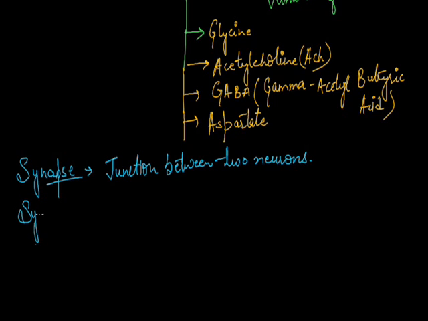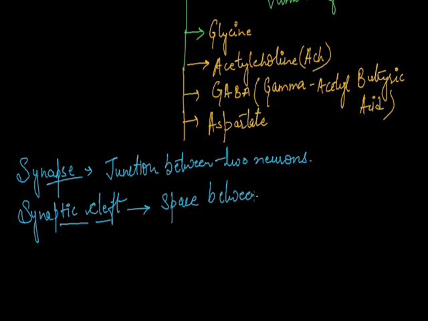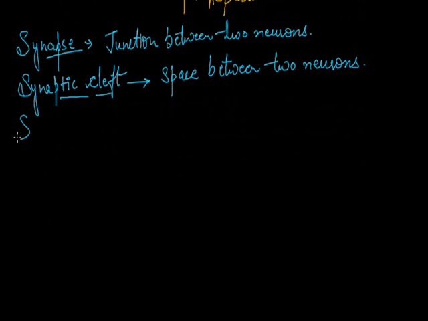Next is synaptic cleft. Synaptic cleft is a space between two neurons. And next is